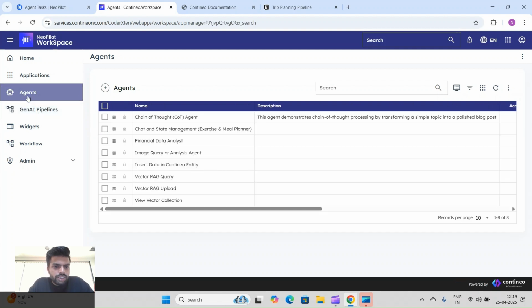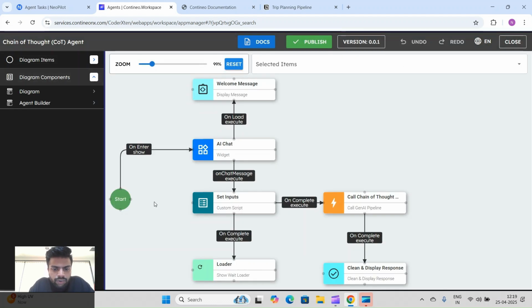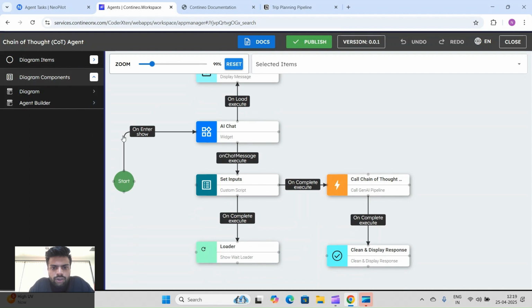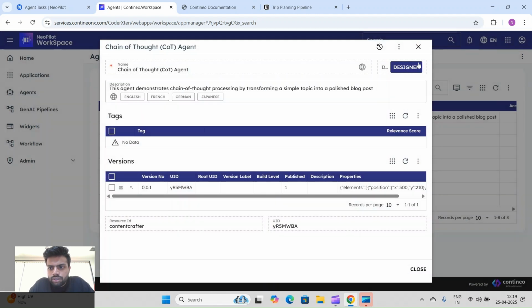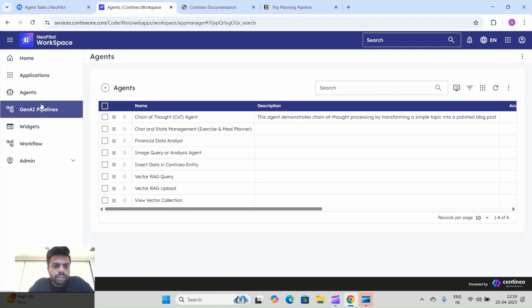Once you click on the agent section, you can see we have provided multiple sample agents for your reference. To see the diagram or the flow of any of these sample agents, click on this log icon, then click on the designer section. Here you will see our agent canvas, where you can see that particular agent's diagram. Right now we will close this. Now we are going to see one sample agent. We will be creating a trip planner agent in our example in this video today.